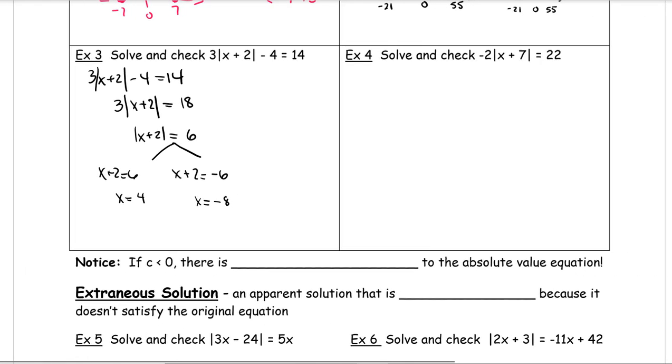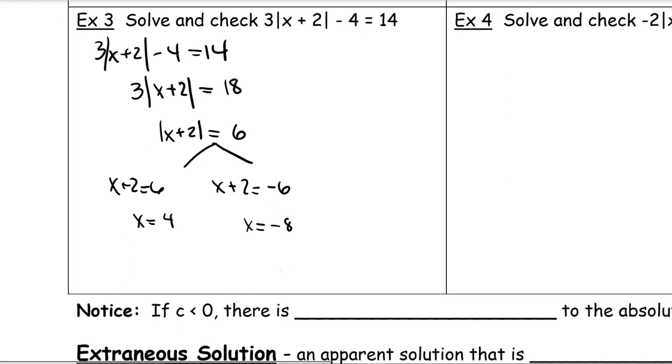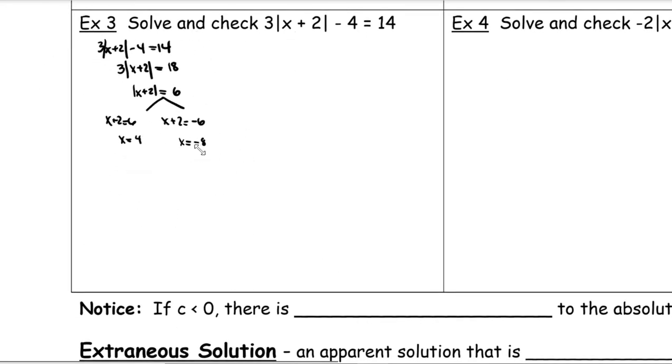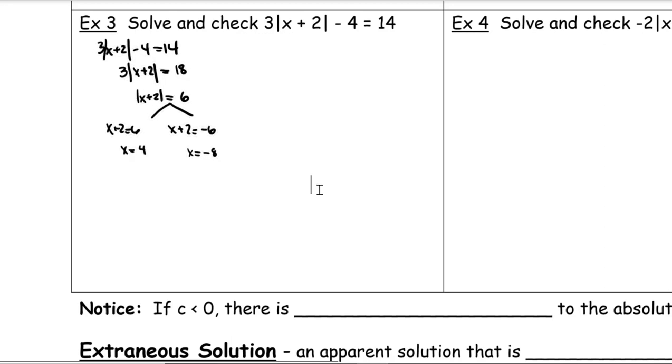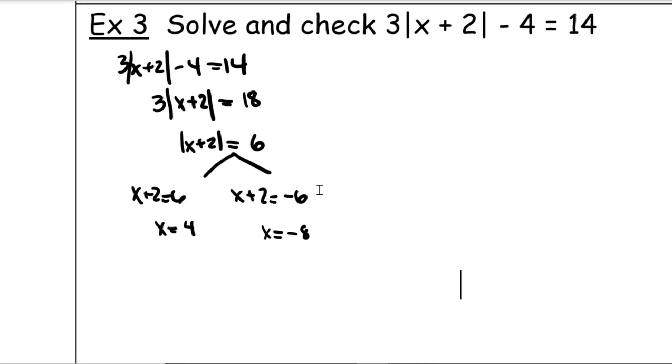Now, we've got to check ourselves before we wreck ourselves. I'm going to make this a little bit smaller. We're going to check both of those in the original problem to see if what we get is correct, because sometimes we make an arithmetic mistake. We can't let arithmetic slow us down. So first, we're going to check